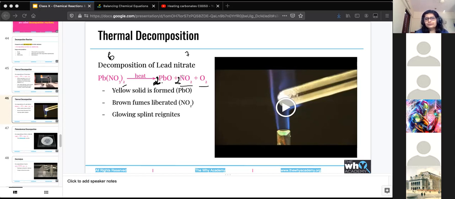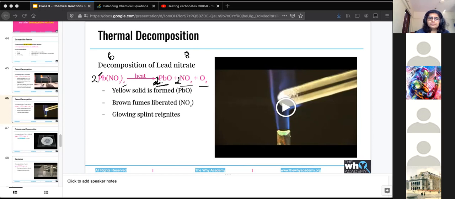2 into 1 is 2 and 2 into 2 is 4, and यहाँ पे oxygen O2 is anyway 2. So this is going to make it 2 plus 4 is 6, 6 plus 2 is 8 oxygens इधर, but यहाँ पे 6 ही है. Another thing happened because this is lead oxide. Now lead has become 2, which means यहाँ पे हमको 2 से multiply करना पड़ेगा to balance the lead. But this disturbs nitrogen again. So already there were 2 nitrogens. Multiplying by 2 made it 4. So यहाँ पे भी to make it 4, instead of 2 write 4 over here.